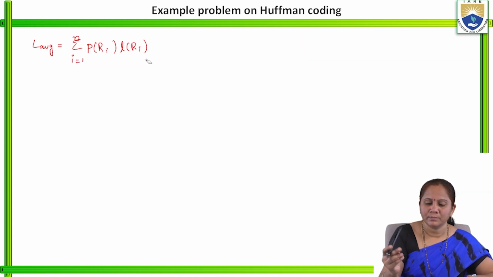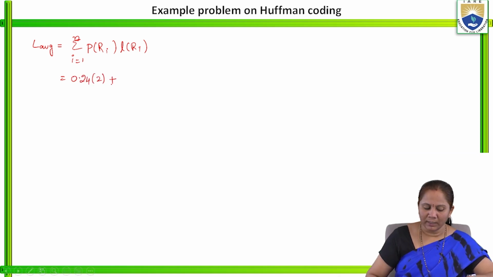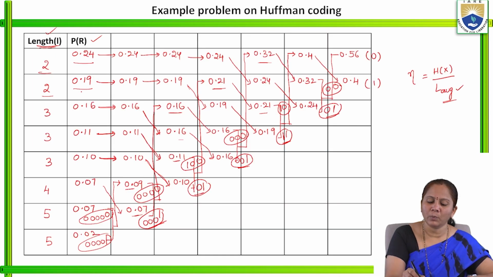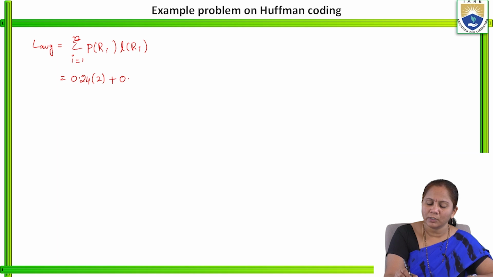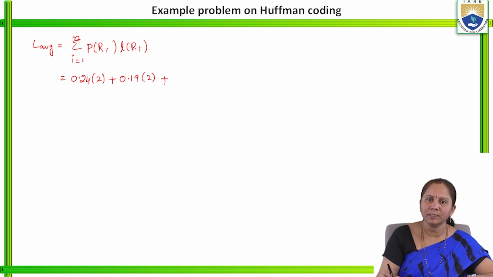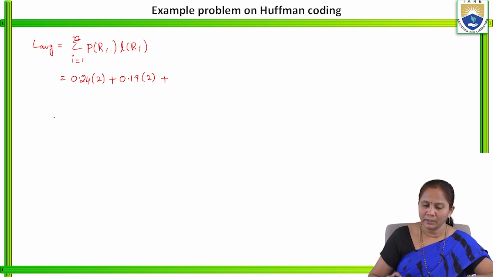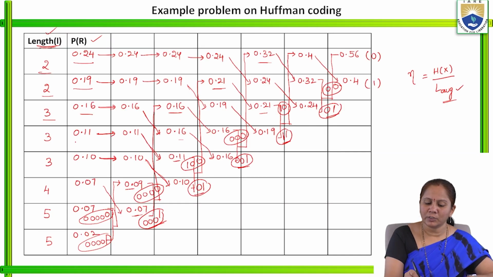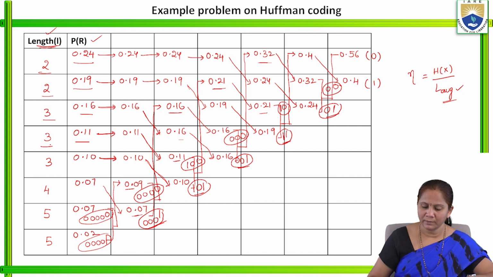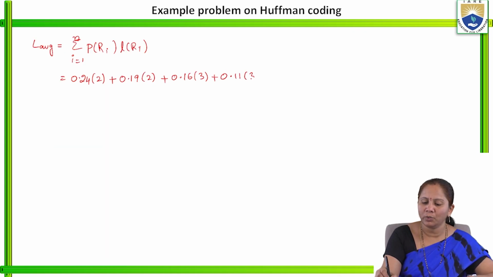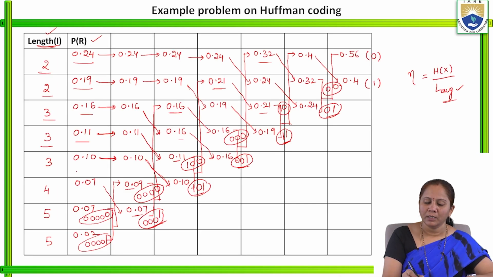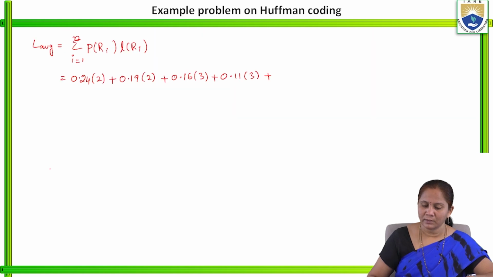So here 0.24 into 2 plus the next probability 0.19 into 2 plus 0.16 into 3 plus 0.11 into 3 plus 0.10 into 3 plus